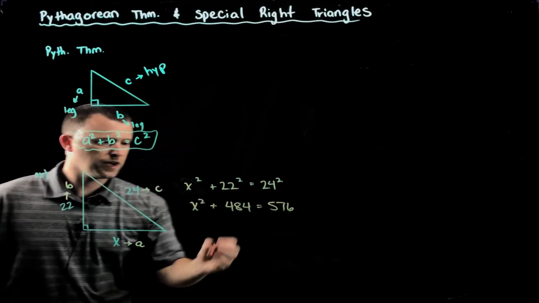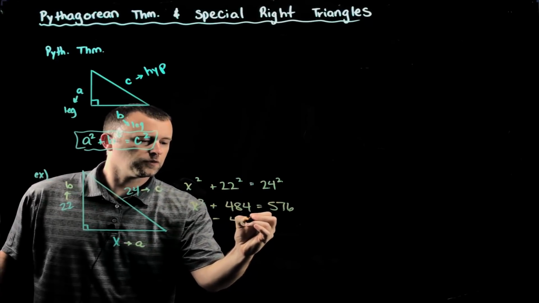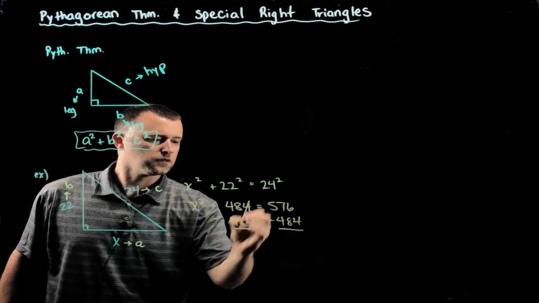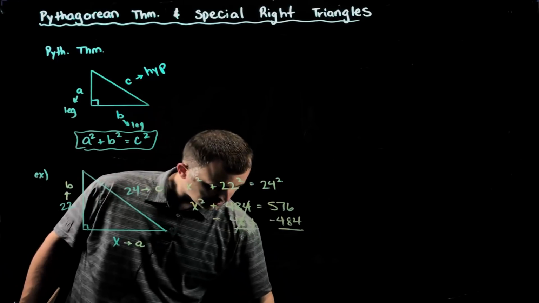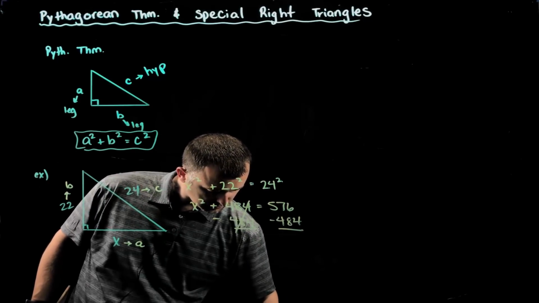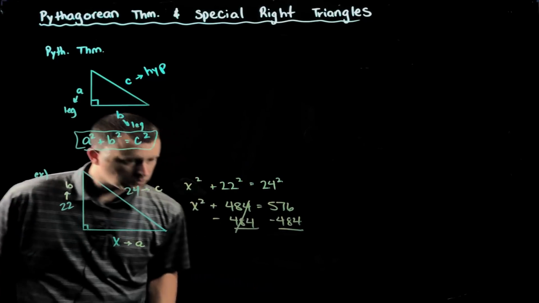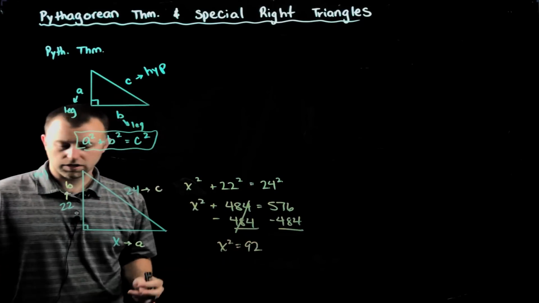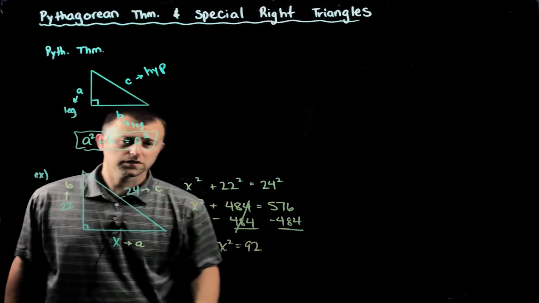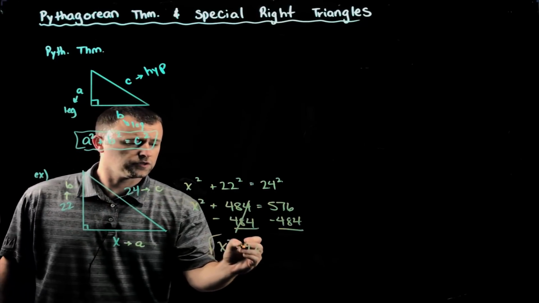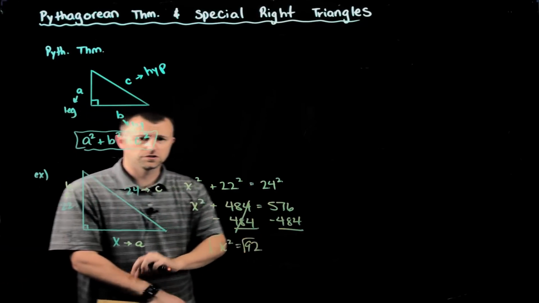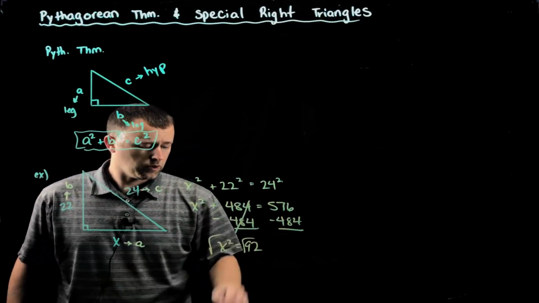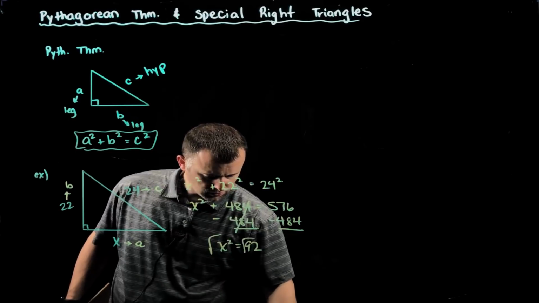So to solve this for X, we're going to subtract 484 from both sides. So those cancel. So this is 576 minus 484. So we get 92. And then we just need to simplify here. So in order to simplify, a little bit of work with radicals, and you're going to see us doing a lot of work with radicals in this unit, because again, you're dealing with triangles, these are probably going to pop up. But what we want to do here is look at this 92,